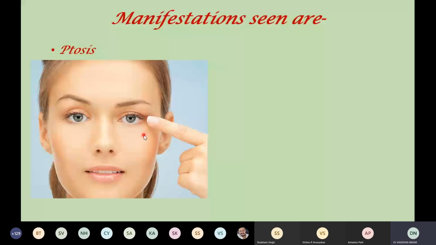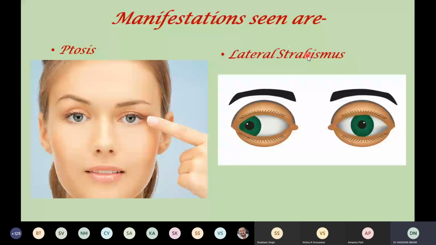Second, you should know strabismus. Generally we call it the squint. Here we are going to see the lateral strabismus. You can see a normal eyeball and you can see here a paralyzed eyeball. So this is called the lateral strabismus. It is because the medial rectus is paralyzed, and the lateral rectus is not innervated by the oculomotor nerve, but it is innervated by the abducent nerve. So remember, that muscle will become dominant and it will pull the eyeball laterally.